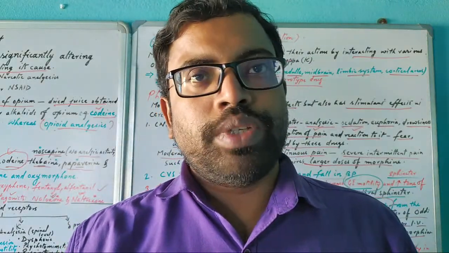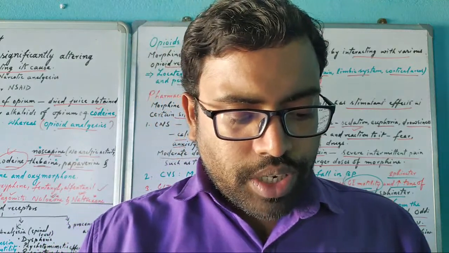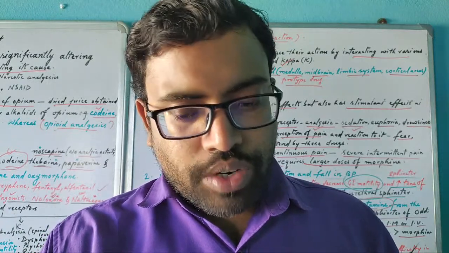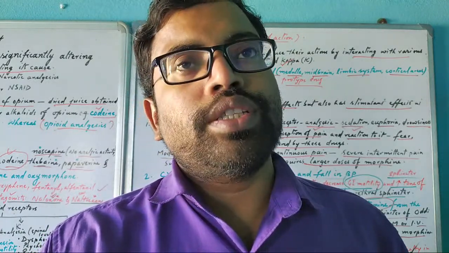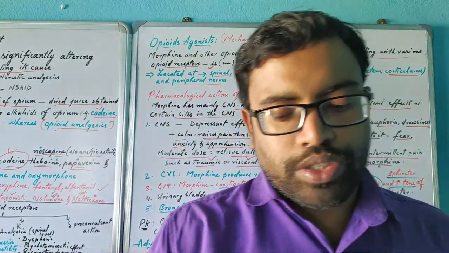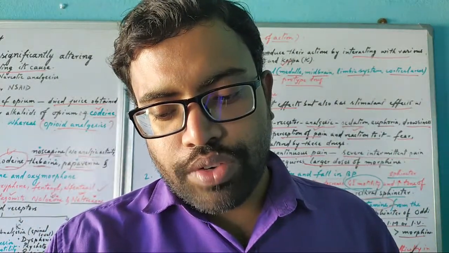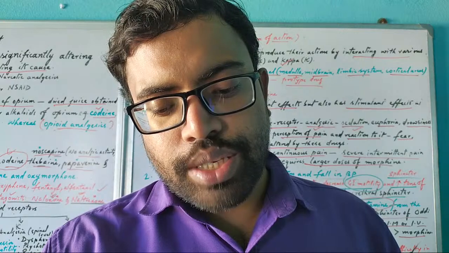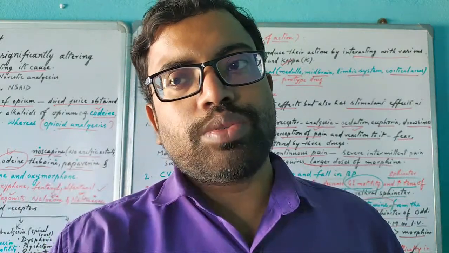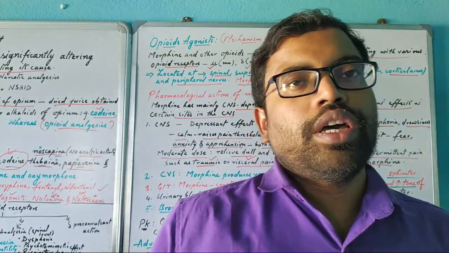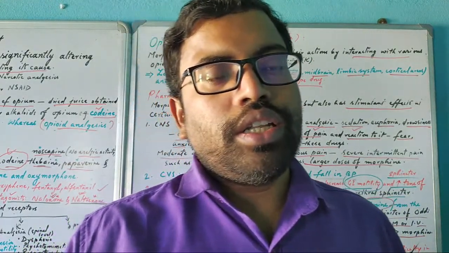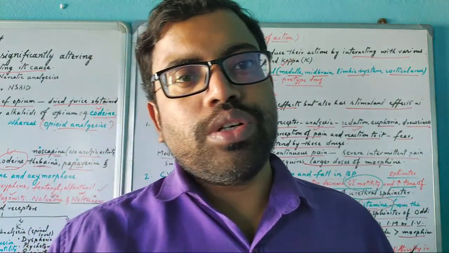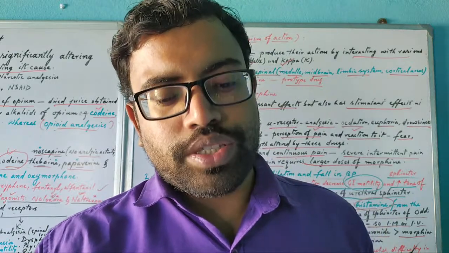Contraindications are patients who have head injury, bronchial asthma, or chronic obstructive pulmonary disease. These patients shouldn't be given morphine, particularly morphine. Then hypotensive states, meaning those suffering from low blood pressure, should not take morphine, and if taken, it should be with care. Then hypothyroidism and hypopituitarism: patients with hypothyroidism, meaning improper functioning of the thyroid gland, should not be given morphine either. Infants and old people are also more susceptible to morphine poisoning.